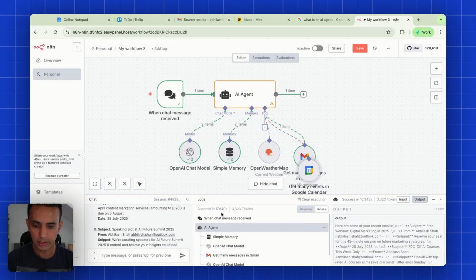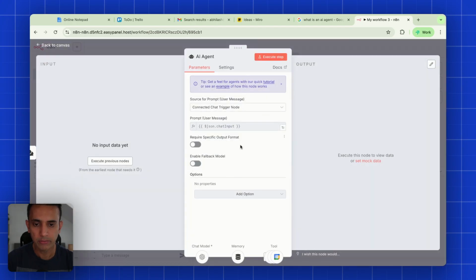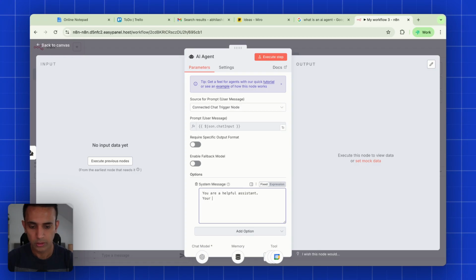actually trying it out and see if it's going to work. Okay, there's one more thing we'll need to do before we invoke this tool: sometimes the AI agent can get the date completely wrong. So what we want to do is add a system message and say you're a helpful assistant, your job is to look into my emails, calendar,